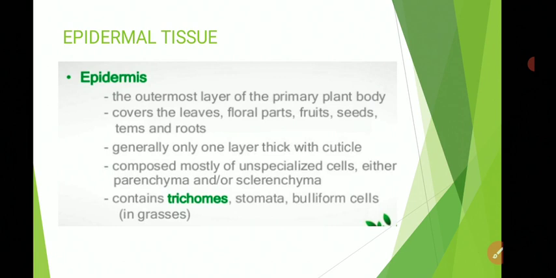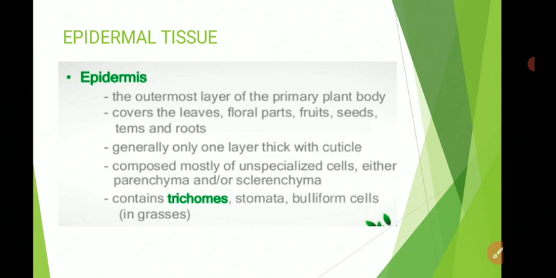The outer wall is generally thickened or covered with the cuticle. In roots it is thin. Commonly the epidermis is single layered. In xerophytes like Opuntia or Nerium, the epidermis is multi-layered. The multiple epidermis of orchids, Vanda,